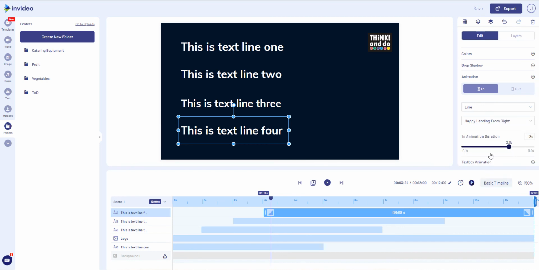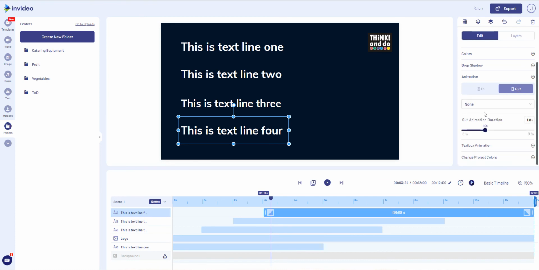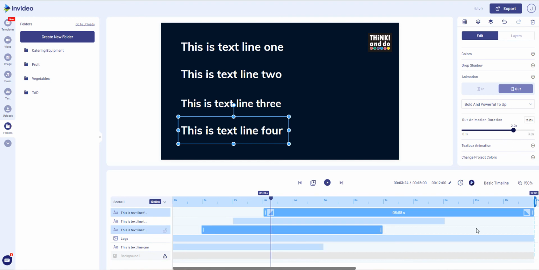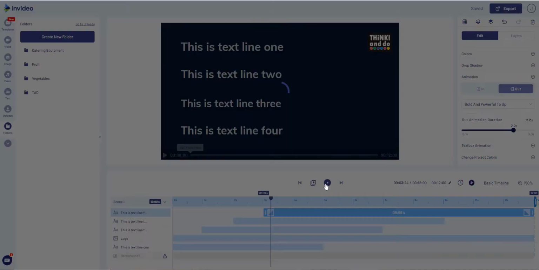2 seconds. Let's go to the out. Let's have another fancy one to go out. As you can see right down there, let's do bold and powerful to the top, and again let's make that 2 seconds. And what I'm going to do with that one is leave it to run all the way to the end. So now if I hit play,